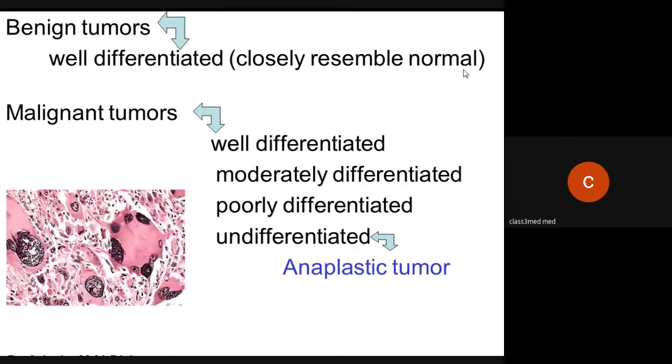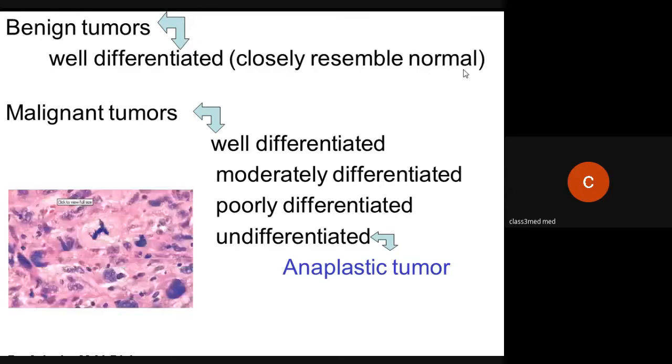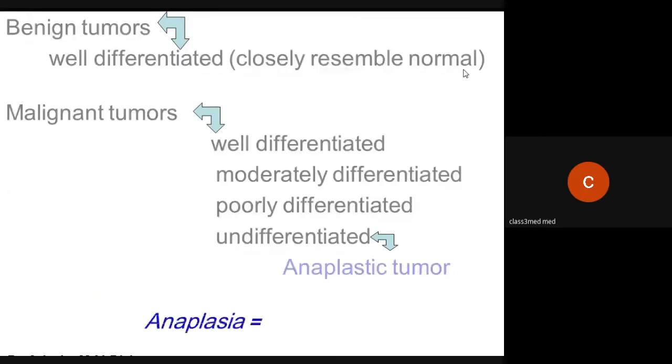And this is an example of the undifferentiated or anaplastic tumor, and this is another example. The term anaplasia means lack of differentiation. Okay? Lack of differentiation means lack of similarity to any normal tissue,